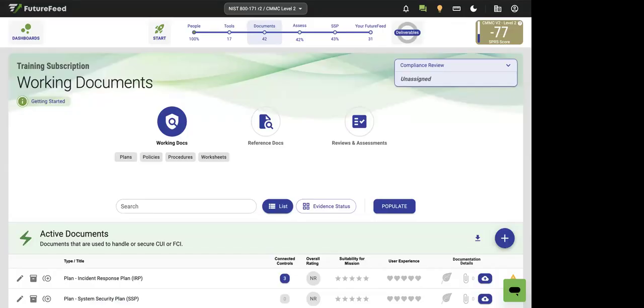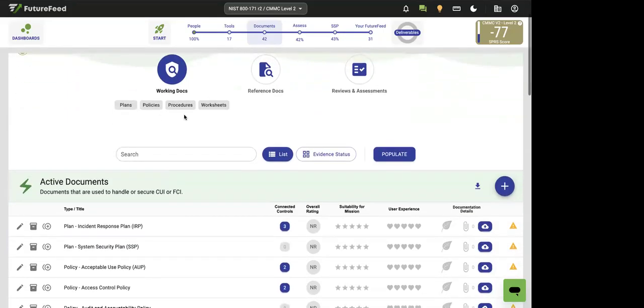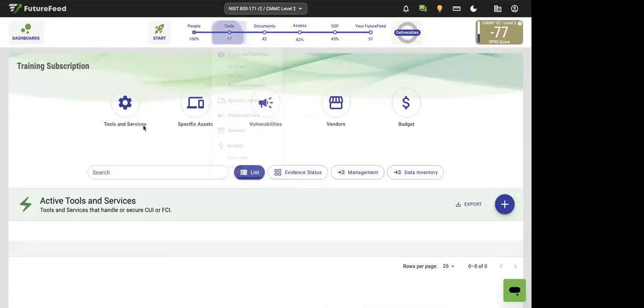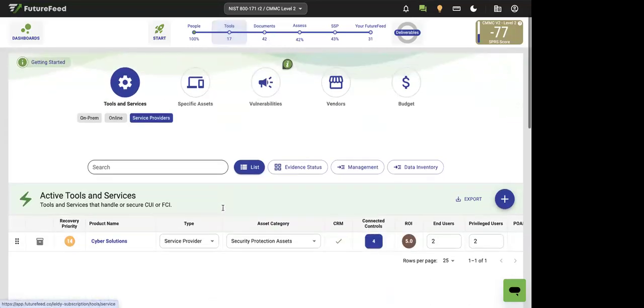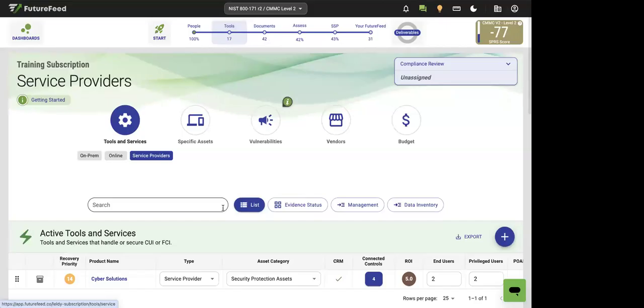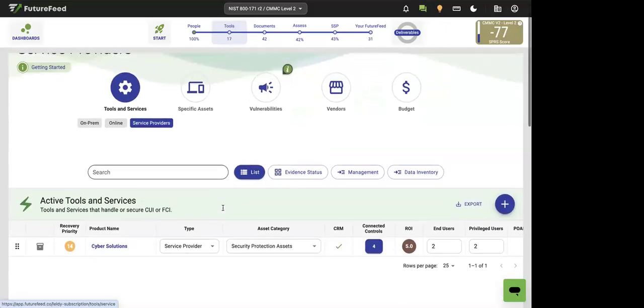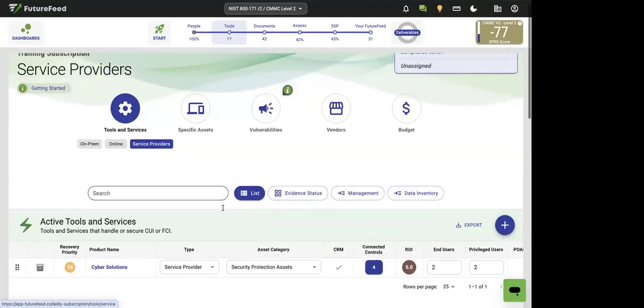Okay. And then my other question is, where would we add the MSPs back to, like, your assets? Is an MSP considered an asset, or are they considered a vendor? I asked that because I think when I did my initial FutureFeed walkthrough, the person who did my walkthrough said to add them as an asset, but if you click on the add button to add like an active tools and services,